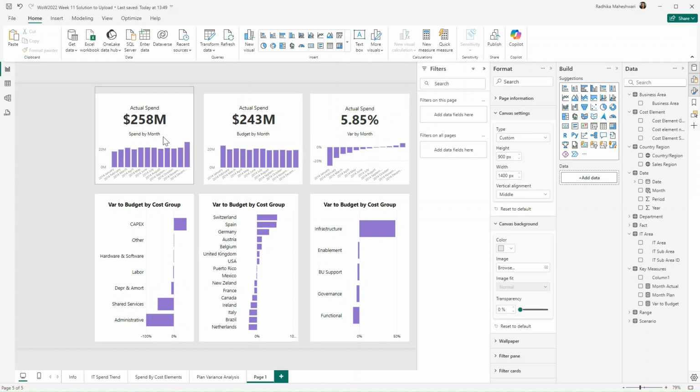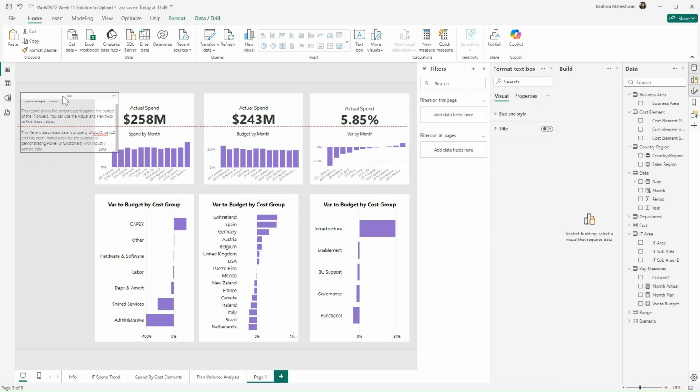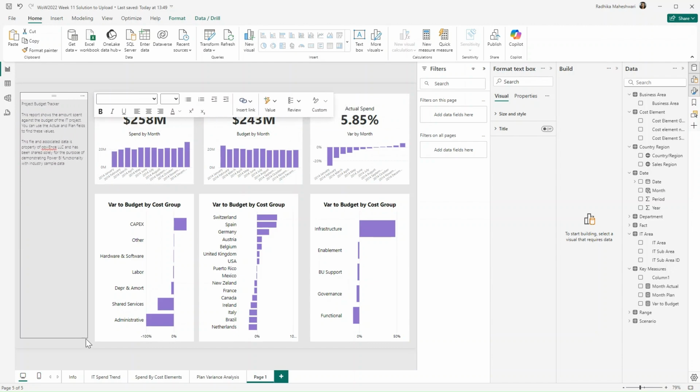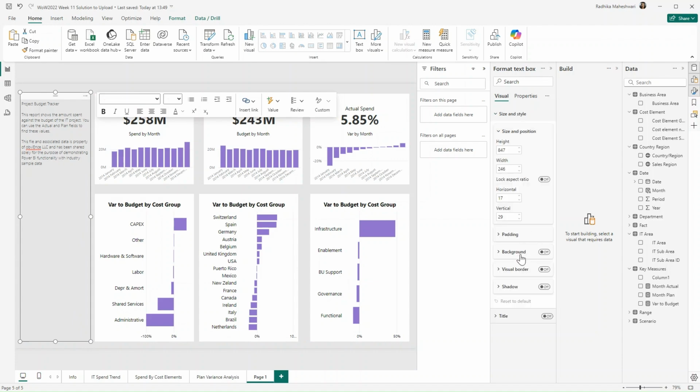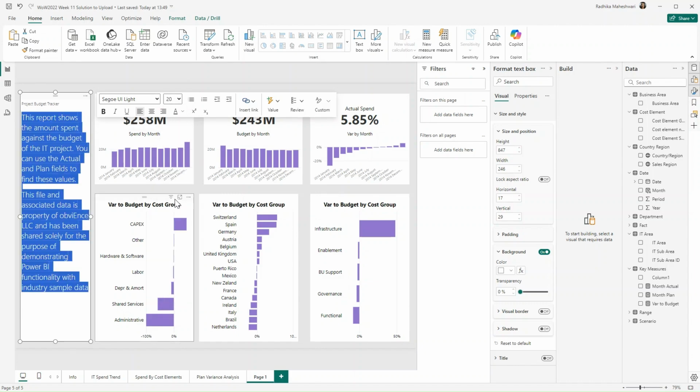Lastly, I'll add a text box over here. I have copied the text here and now I am going to just format this. I'll give this a background color of white color. And for the font, I'll change it to 20.